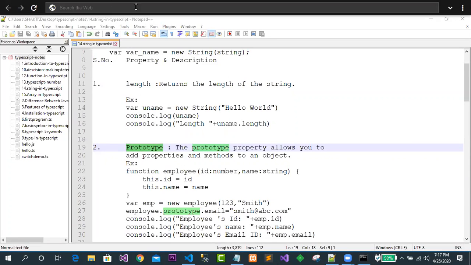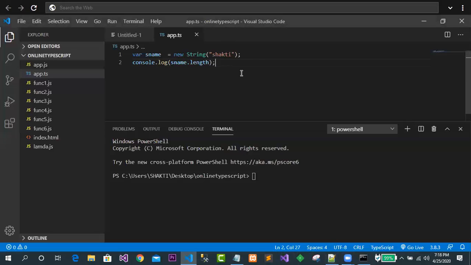Okay, for those people who were absent in the last class, let me go again for the prototype property. What does the prototype property do? Simply, I will take care of the prototype property. And in this case, let me just do the same thing again. So whenever we want to take a class in TypeScript,